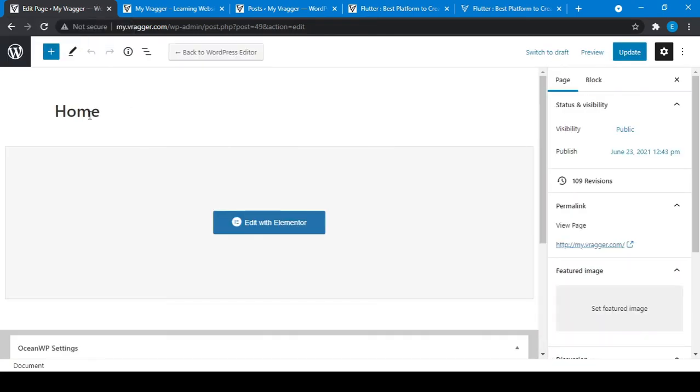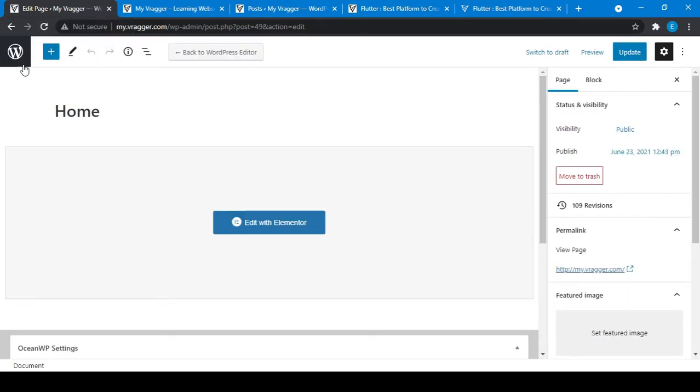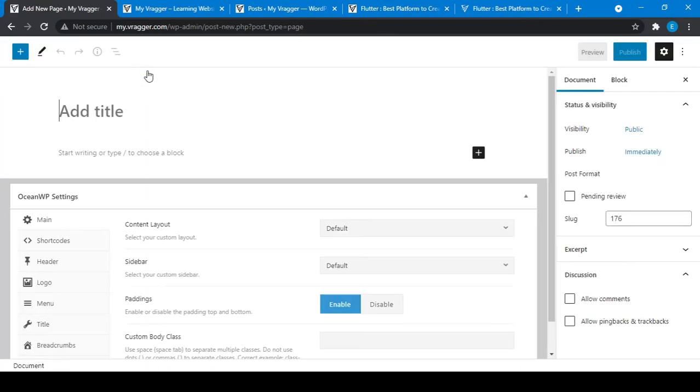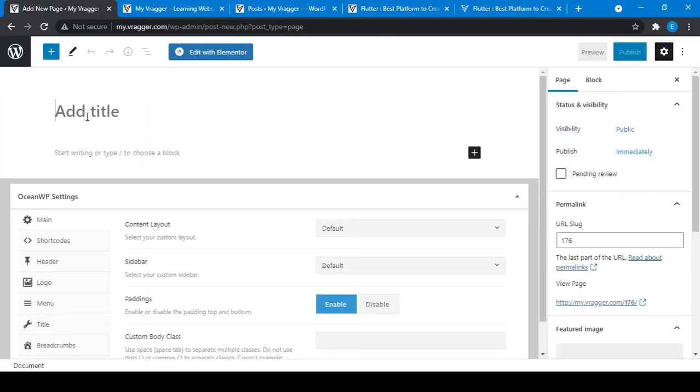Now what I will do is create another page, you can say an about page. Go back to admin, add a new page like this, and I will create it as our about page.